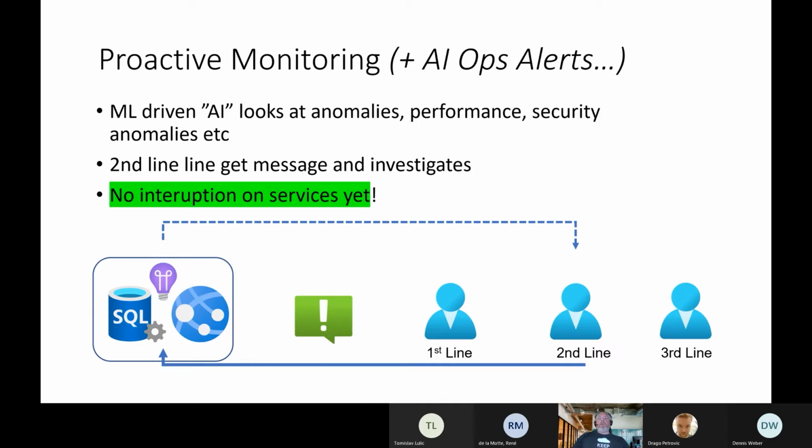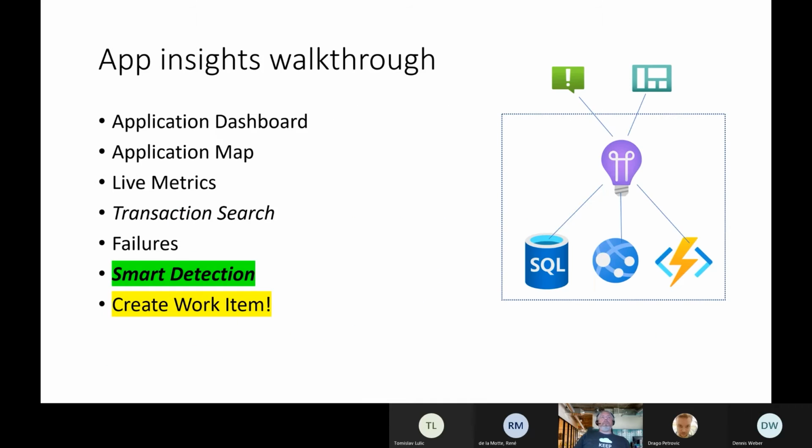This message we don't have to send to first line. We can send it to a focus group or something else. And the key message here is that nothing is broken, everything is running fine, but you have something that you should look at that could eventually be wrong. And I mean that's cool that it's already provided out of the box, and you don't have to set that up. So now I'm gonna showcase a little bit deeper about the application insights, the capabilities around it, and we're